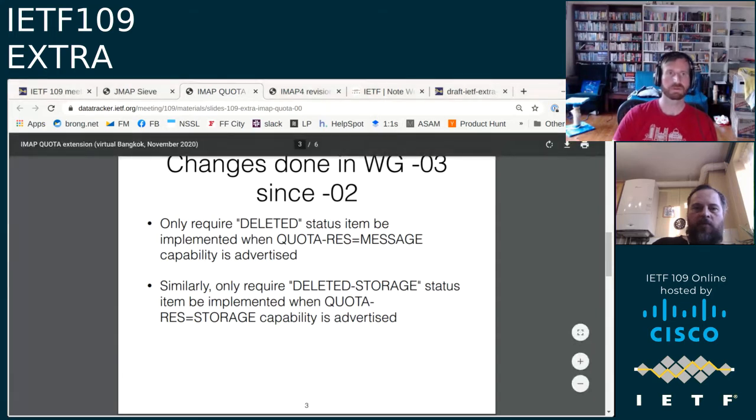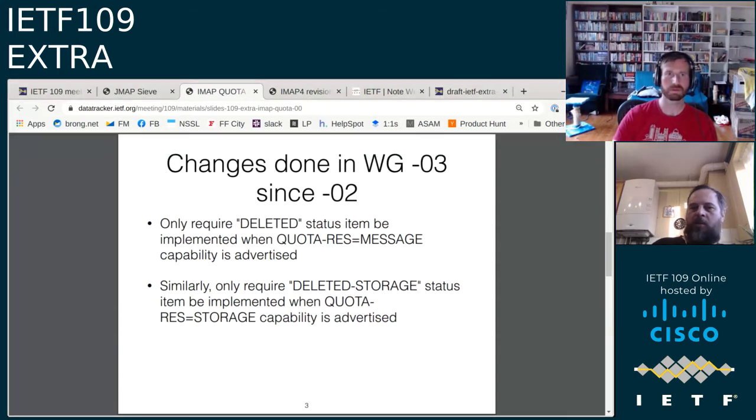Yeah, so I was debating this for a very long time about whether the document specifies STATUS DELETED and STATUS DELETED-STORAGE, which is number of deleted messages and total size of deleted messages. I was debating for months with myself whether they should be tied to specific capabilities, as in, if your server supports quota on message numbers, then you should support STATUS DELETED.